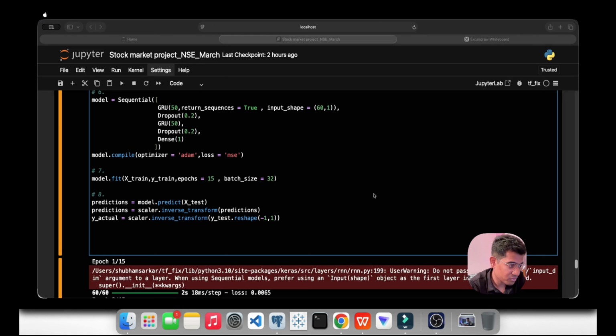Let's copy and paste it here. So they are asking to inverse transform the prediction back to original scale for interpretability. Let us write the commands here.